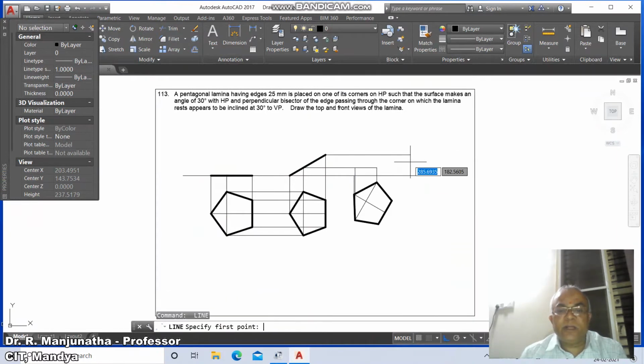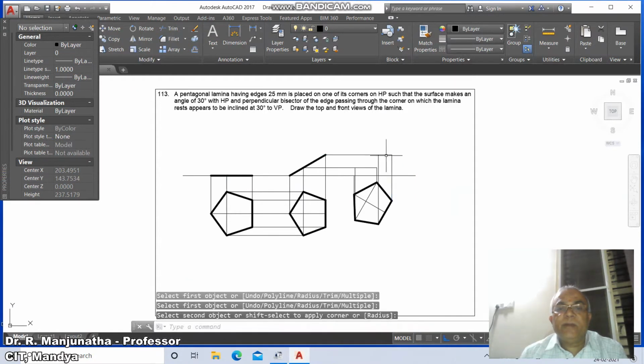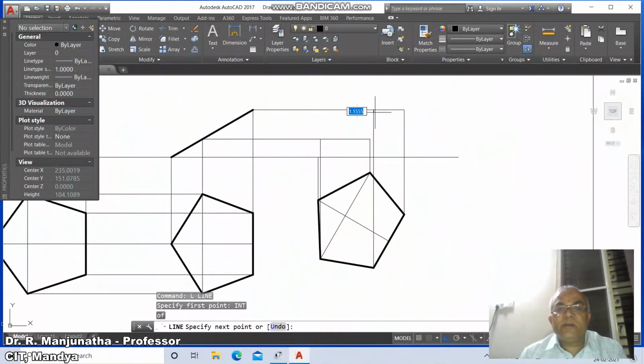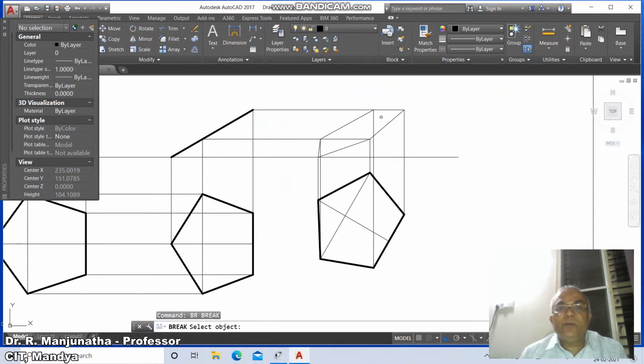this and draw a horizontal line, take line int of this and take perpendicular to this line, and similarly line int of this and take perpendicular to this, then go to fillet between these two lines, and similarly then go to zoom window, take intersection part of this to intersection part of this and intersection part of this and intersection part of this and int of this, then go to break, select this line, first point,